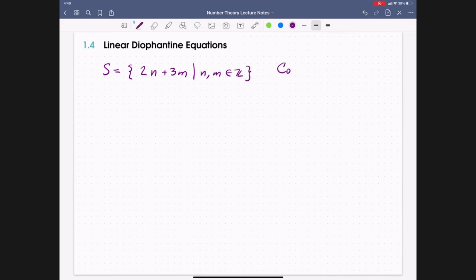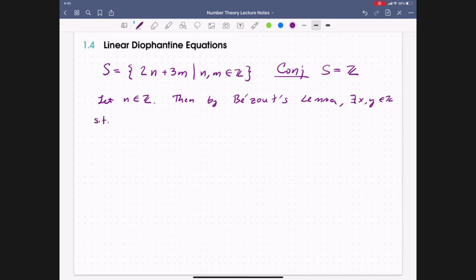We had a conjecture that S was equal to Z. We can now prove this conjecture. Here's how. Let n be in Z. If n is in Z, then by Bezout's lemma, there exist x and y in Z such that 2x plus 3y is equal to 1, since the GCD of